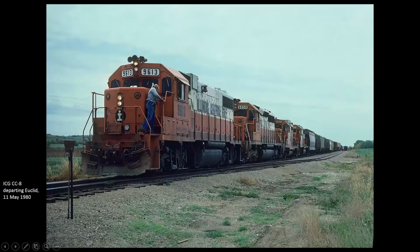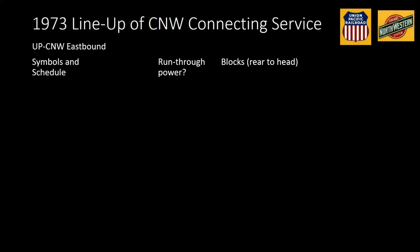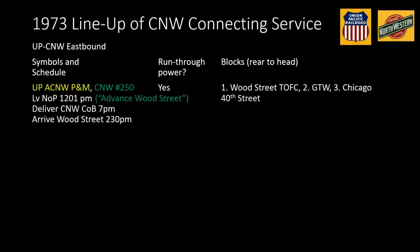Okay, now let's switch to the CNW. And now we have a big lineup to go through. So let's start with the eastbounds. CNW number 250, or what CNW had a wonderful tradition, I think, of their important trains were not only given